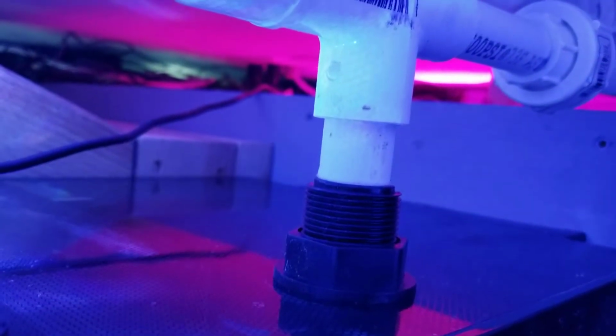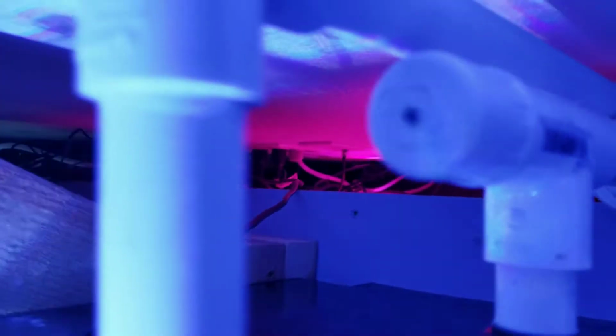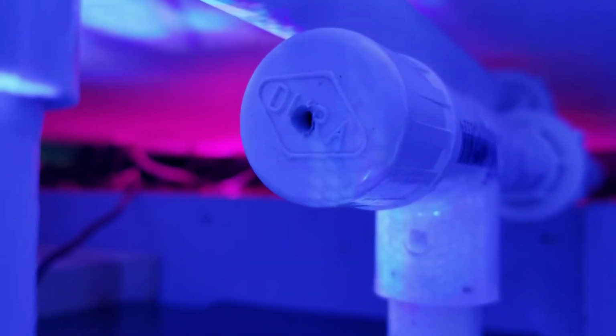And here's the return. I have it set about halfway depth down in the chamber here. As you can see, the water level in the chamber is about halfway down, and I just have a straight pipe coming to a T which comes up to do the overflow. I got a little hole drilled on the top there to make it silent, and then from there I have another union going straight down, and then heading underneath here,